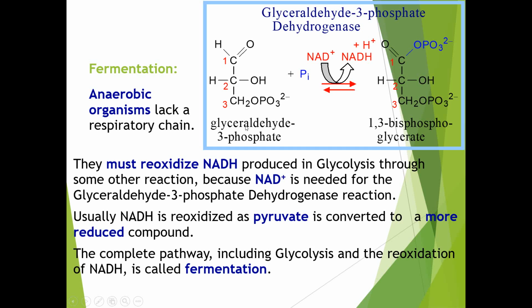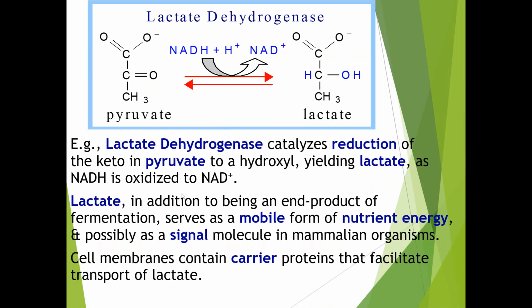For the conversion of glyceraldehyde 3-phosphate into 1,3-bisphosphoglycerate molecule, there is generation of NADH. This NADH gets utilized for the further conversion of pyruvate into a more reduced form of compound. This is an extra stage which runs in anaerobic organisms. So we'll proceed towards this step. The pyruvate molecule gets converted into lactate in the presence of the lactate dehydrogenase enzyme. Here one NADH molecule gets utilized and converts into NAD.